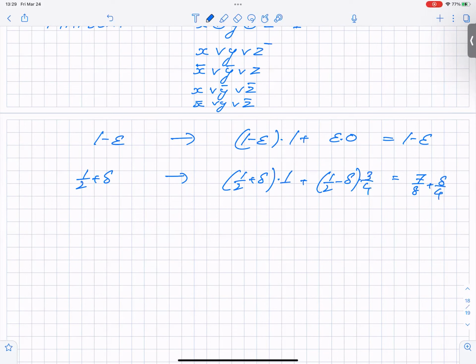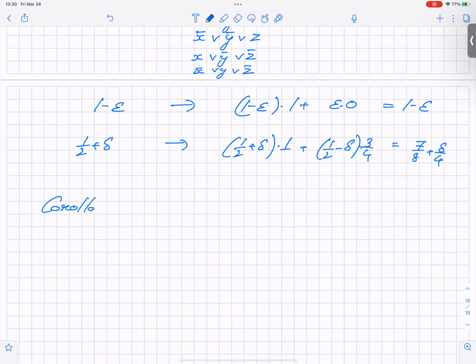This doesn't give you 3 sat with perfect completeness. It only tells you distinguishing 1 minus epsilon 3 sat from 7 by 8 plus delta by 4 3 sat is NP hard. So if you run this reduction, you get that the corollary is gap 1 minus epsilon 7 by 8 plus delta 3 sat is NP hard for every